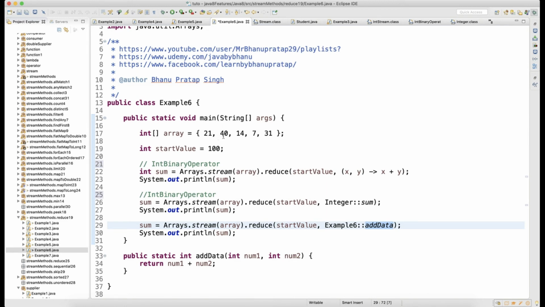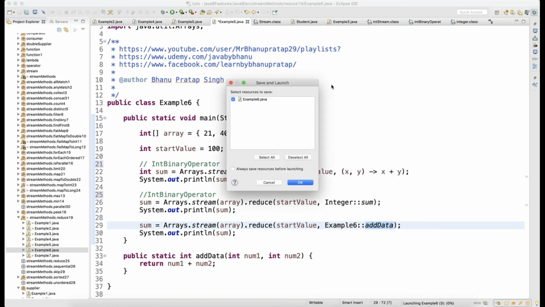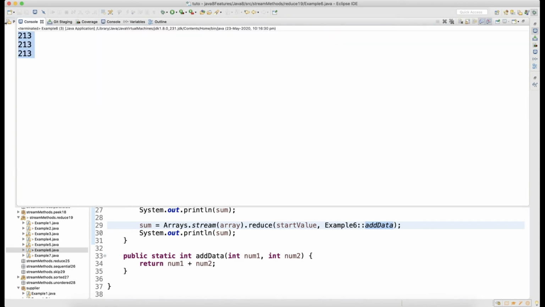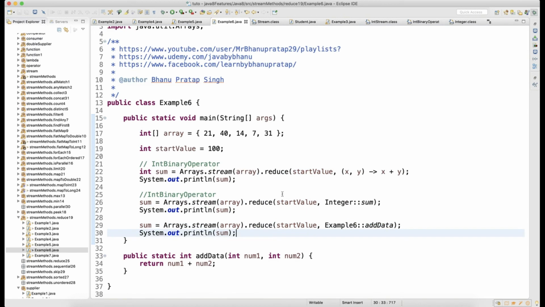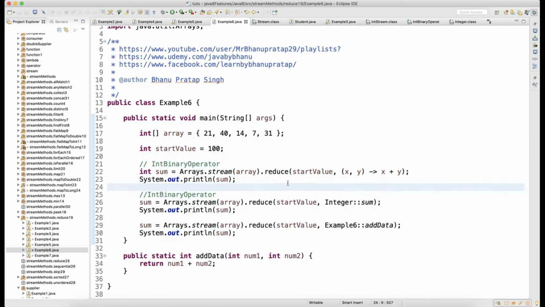So 0 plus 21 will be 21, then again it will go 21, 40, then 61, then 61, 14, then again whatever sum comes, 7, then again whatever sum comes, 31, and these operations will be performed. So let's run that. If you look at all three, the output is going to be the same, 213, 213, 213. I just wanted to show you the different ways you can perform the reduce, right?